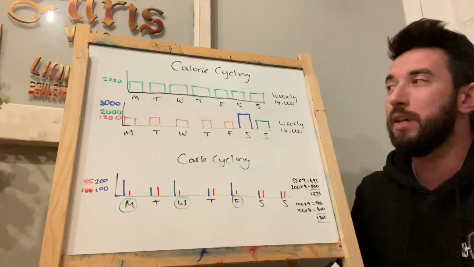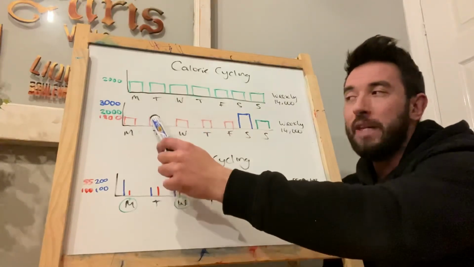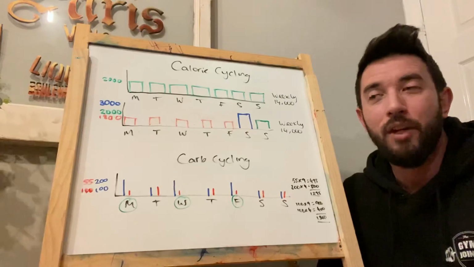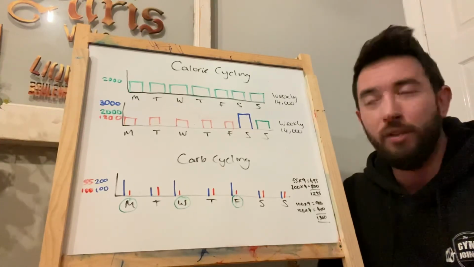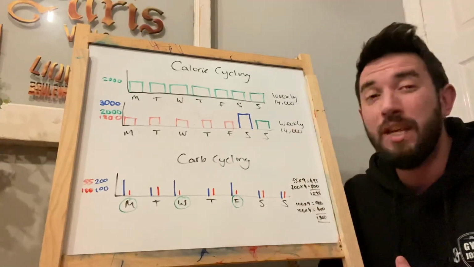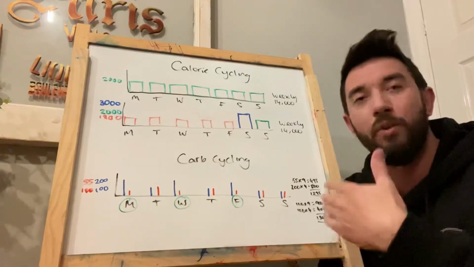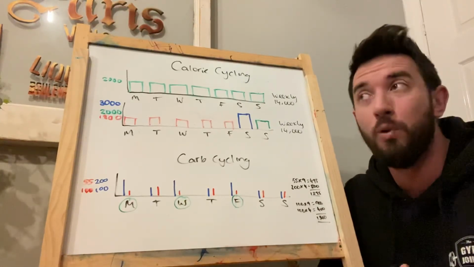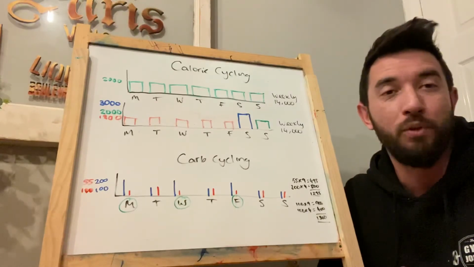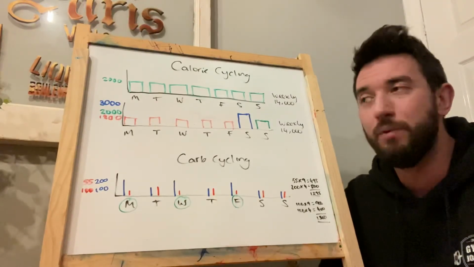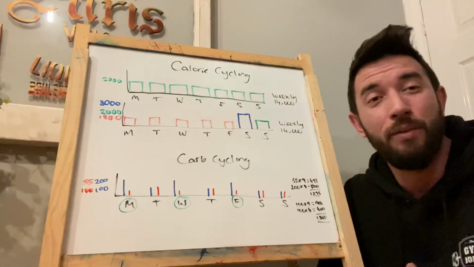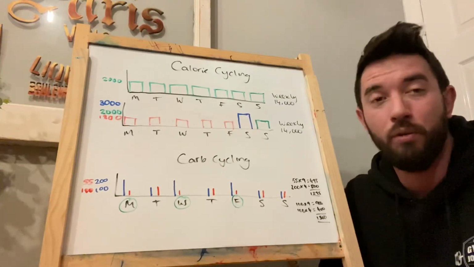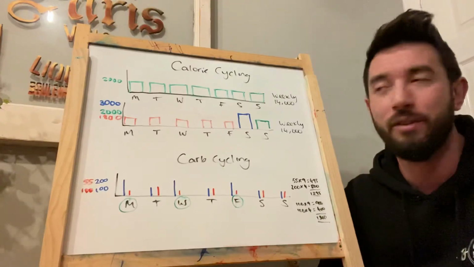So again, you might, for example, really like this approach, but it doesn't necessarily mean that you're going out on a bender or anything on the Saturday. It could even start to get more advanced: you could have a lot more calories on your leg days or your muscle groups that you want to build more tissue on, and you might have less calories and less carbs on your days where you're not so fussed about growing or improving that area. Let's say it's a weak area, for example.